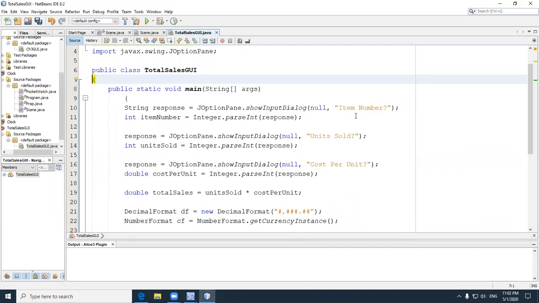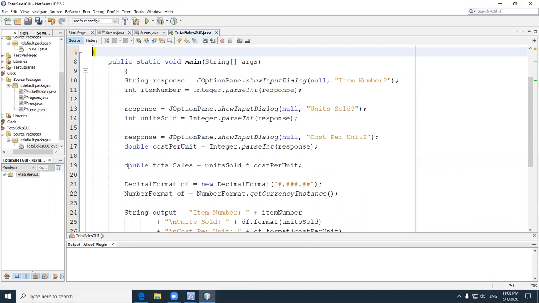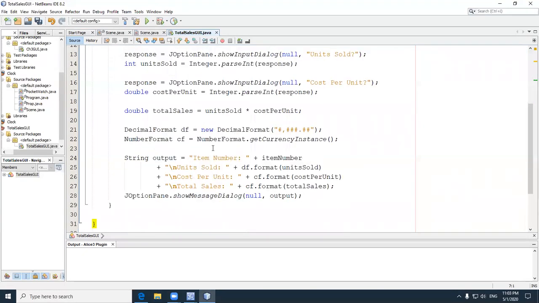I asked for item number, right? So that goes into an int. Then I ask for units sold. That goes into an int. Then I ask for cost per unit. That's going to be a double. And then I perform mathematics, have an expression, which would be a double, total sales, computed as the units sold times the cost per unit. Then I create my decimal formatter or my number formatter, and I'm going to assign everything to a string called output